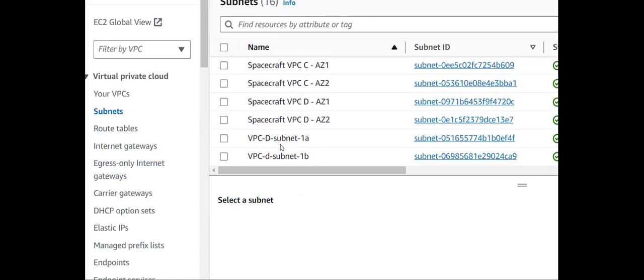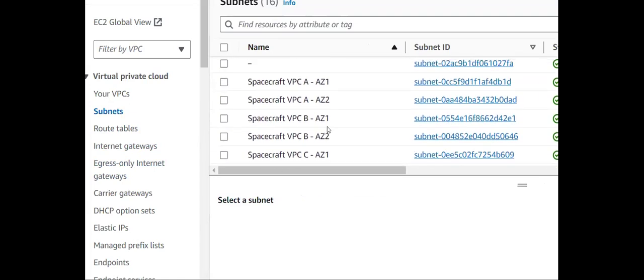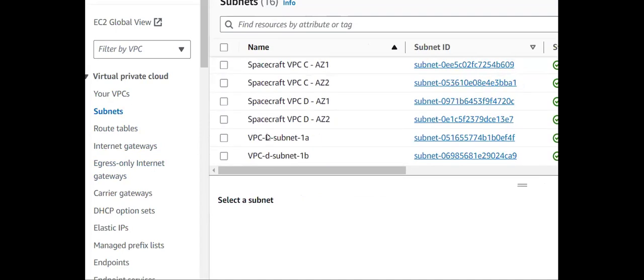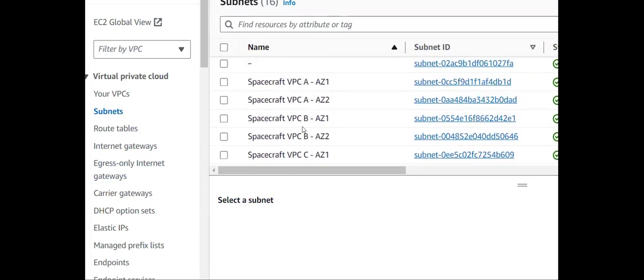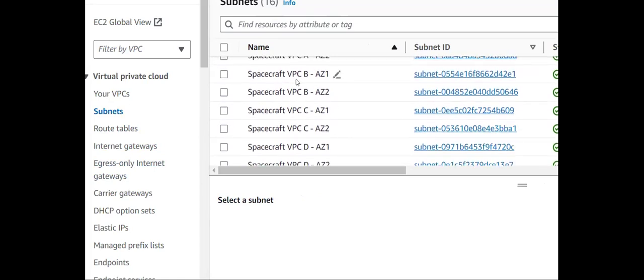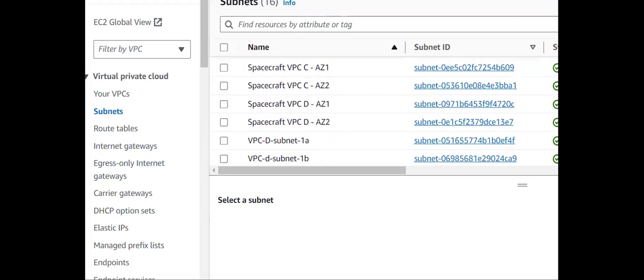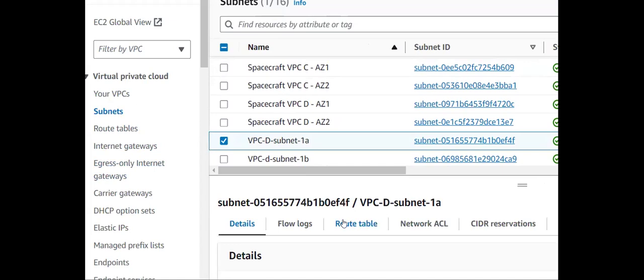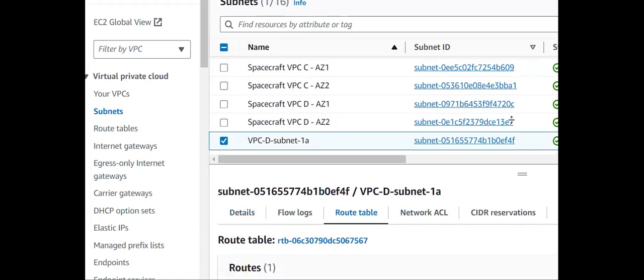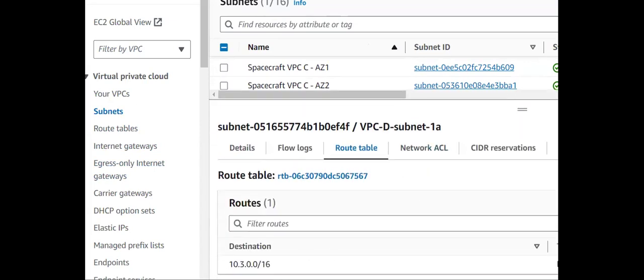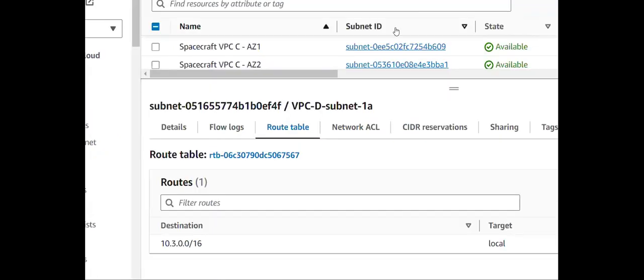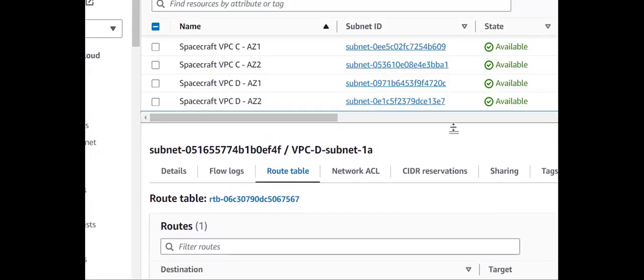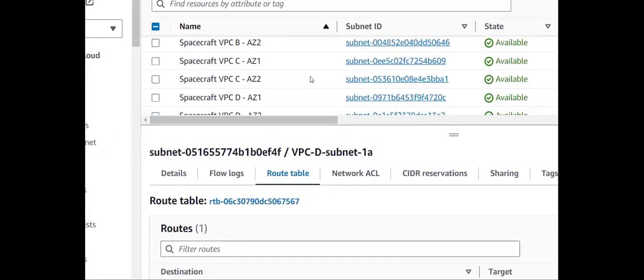Yeah. So first I want to allow VPC-B related traffic to this VPC-D and this VPC-D related traffic to this VPC-B in order to provide the communication between VPC-B and VPC-D. So now I'm selecting this subnet and I'm opening the route table. Here you can check there is no route allowed from this VPC-B. How do you say that VPC-B related